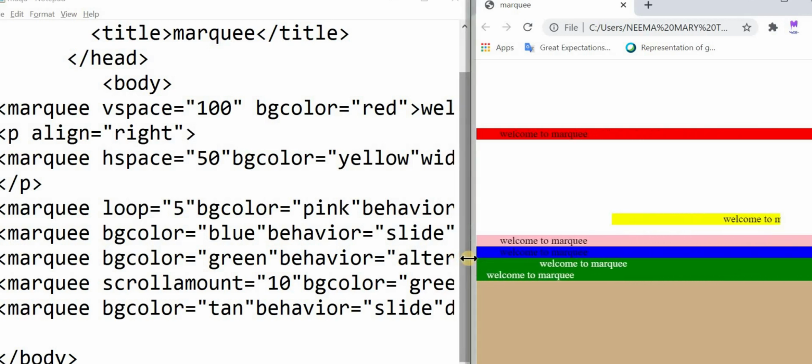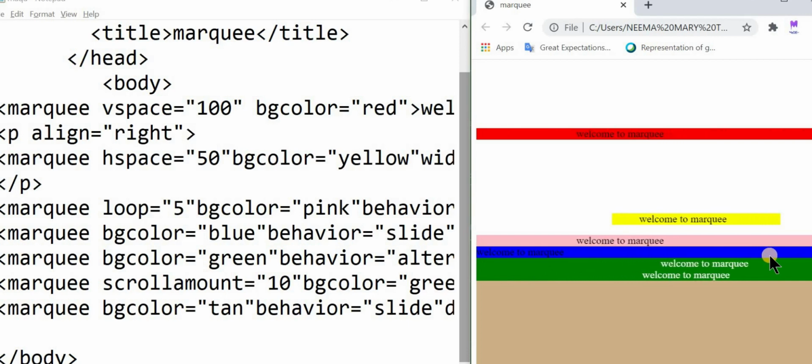So here, this is the first one starting. 1, it's going, and again coming. 2. Look here, this pink marquee. 3. This is the third. 4. 5.